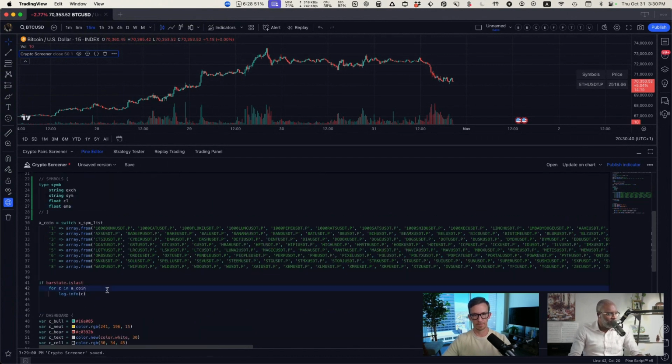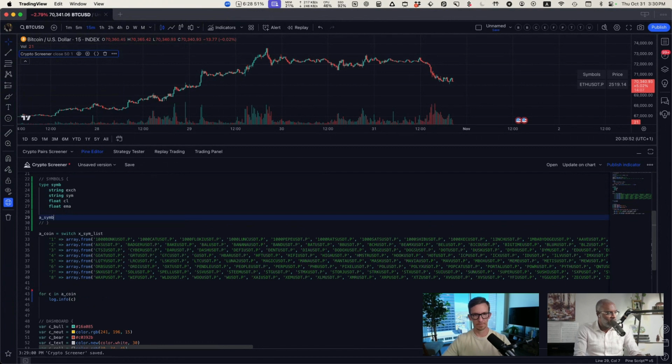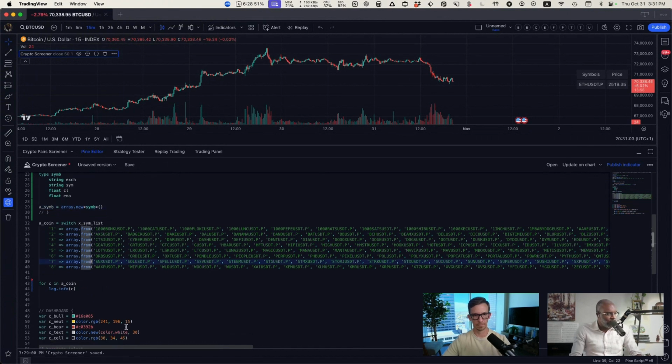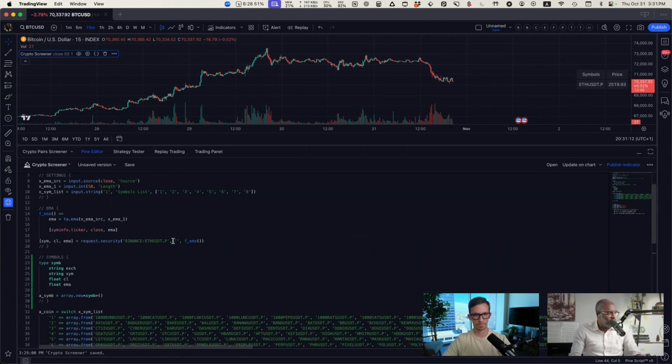Perfect. So now when I loop through, I have to loop through all the time. I'm going to want to store this inside of an array. So I'm going to create a new one from symbol. That's nothing inside of it, because I'm going to store all the values into one location so that I can loop through it later on. And then here is where I'm going to do my same request.security. I have here